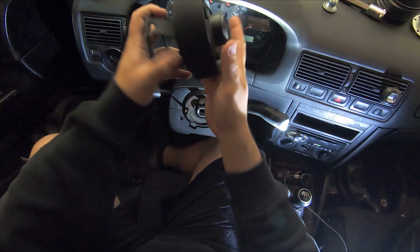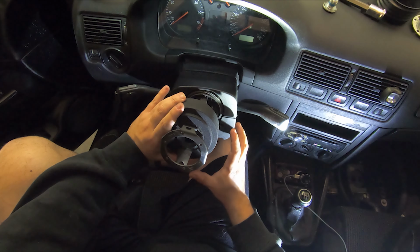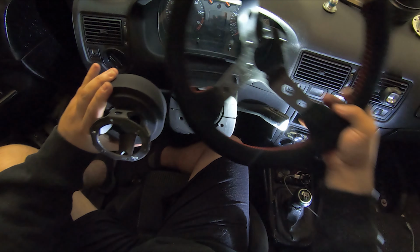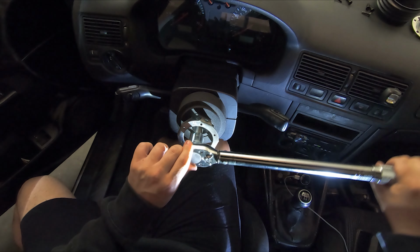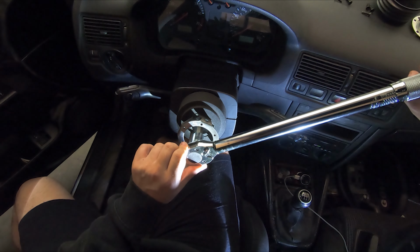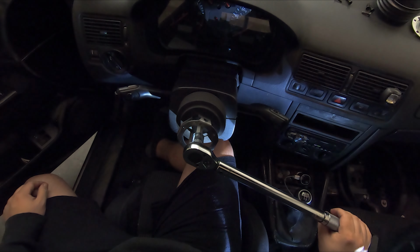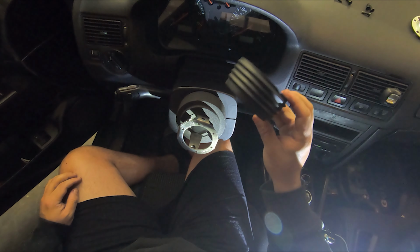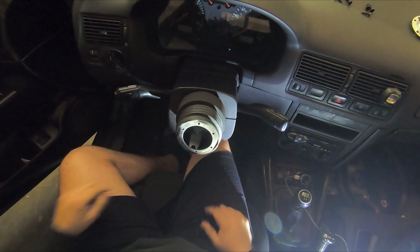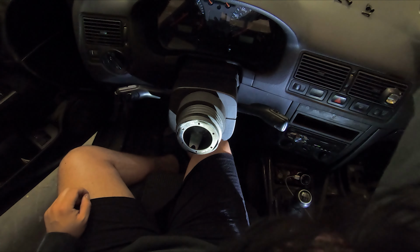And there's your hub. This is what's gonna sit onto the clock spring or the steering column, and you can put your steering wheel on top of it. So next, now that you've done that, next is to add the Momo dust cover. Makes it look really rad. Yeah, so and now you add the,